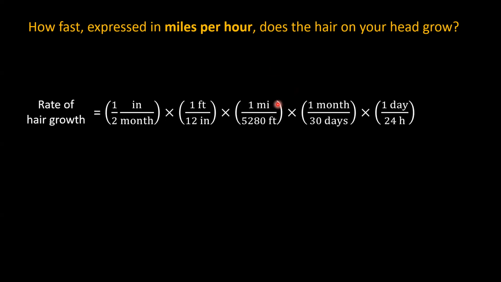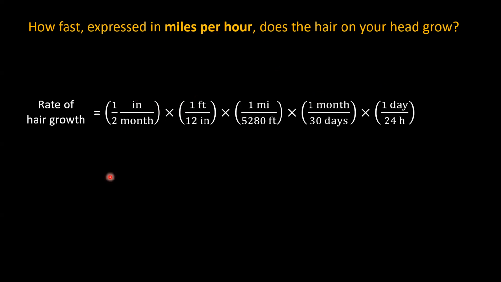Same thing over here. A mile is the same thing as 5,280 feet. So this quantity is really the number 1. Something divided by itself is 1. So each time I'm multiplying by 1, that means I'm not changing the quantity. I'm just converting it. I'm putting it into a different form. Maybe that's a challenging idea if you haven't been acquainted with it yet, but I've been careful to arrange all these conversion factors so that the units I don't want go away and the units that I do want come out of the expression. So I would like the speed of hair growth in miles per hour,